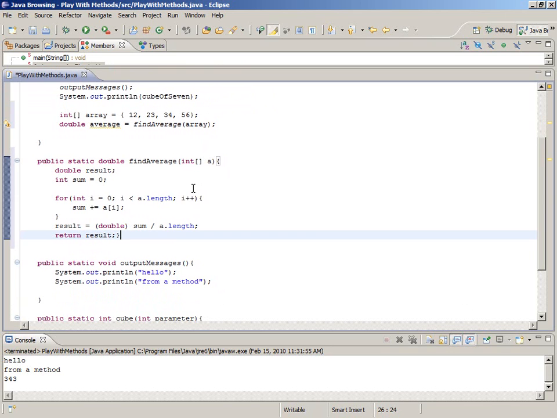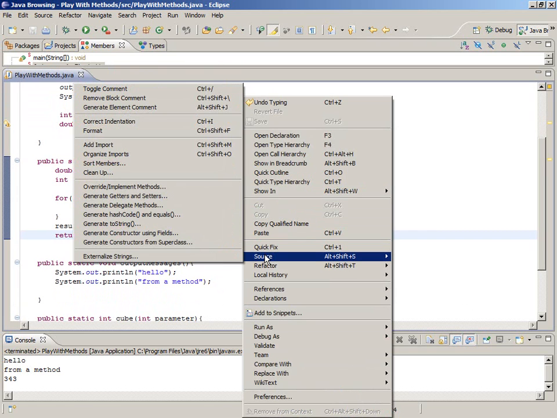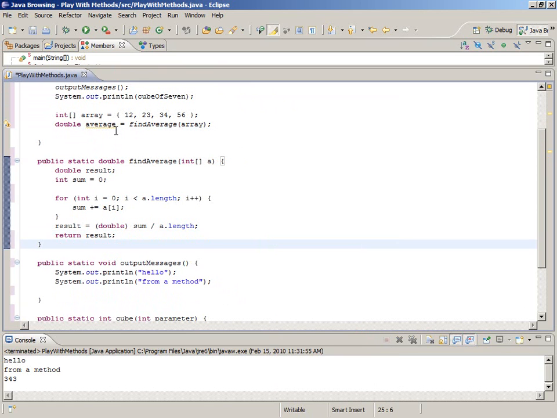Eclipse will format your code for you. So right-click in the code window and look for the source menu and then say Format. And the default for Eclipse is that it will put things in the right place. And it matches the Java standard for formatting. It's free. It takes about 1 second. Format your code often. It will help you to find the bugs